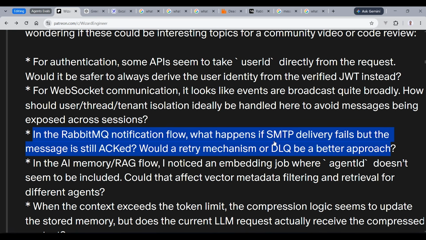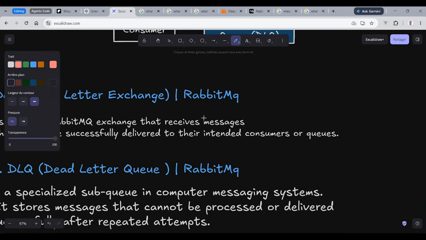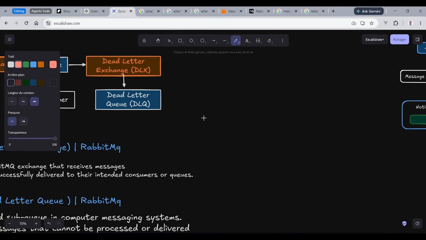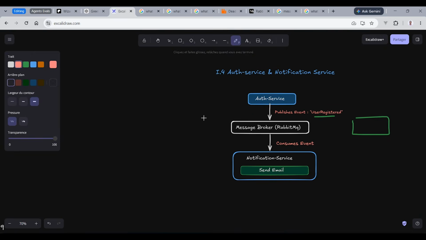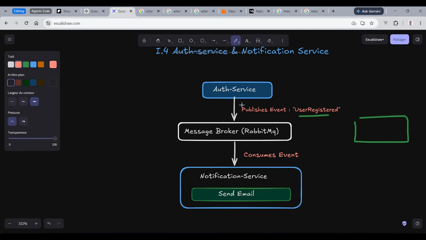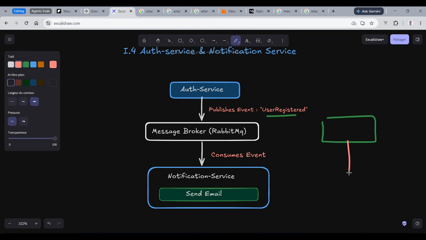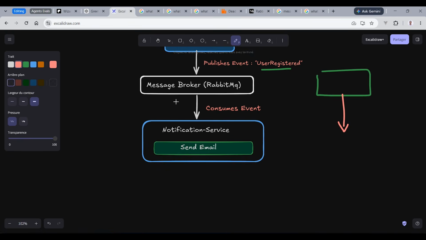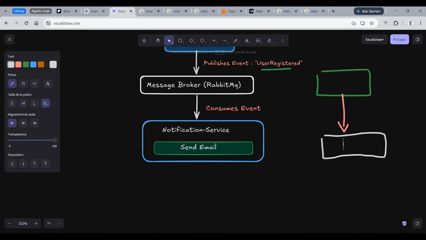You know, actually, in our code, we don't have a retry mechanism. Let's say a user lands on our website, and then he's trying to create an account. We are going to publish an event from the Auth Service, user registered. And then we're going to try to send an email to the user. Okay, we're going to try to send an email. We got here the SMTP